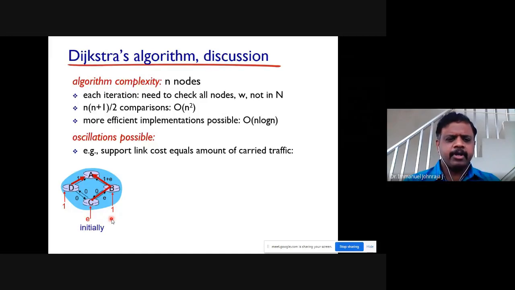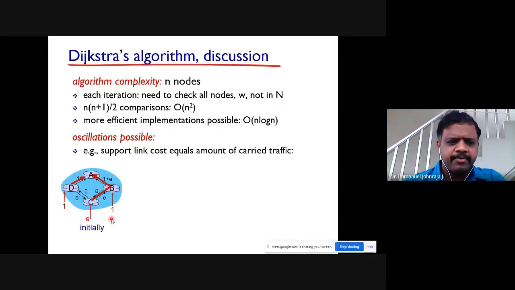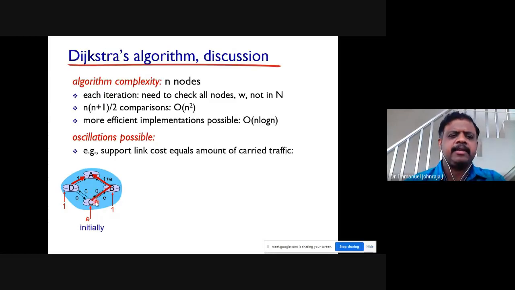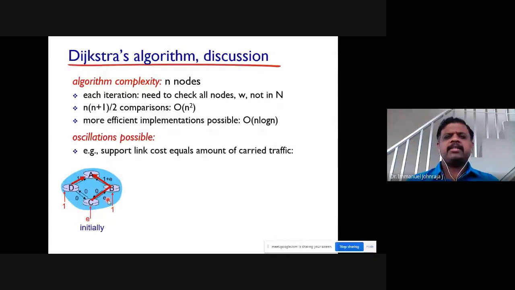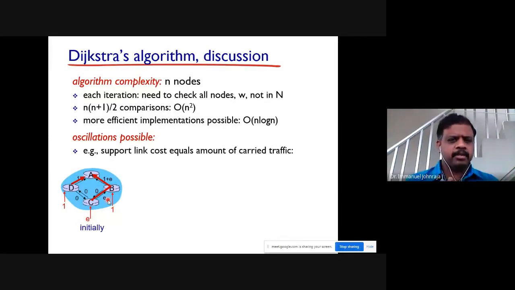All right, let me take the example of this. In this direction, the cost is zero. In this direction the cost is e. All right, which means it's not bidirectional with the same cost. Cost is different per direction. Okay, the onward direction has one cost, and the reverse direction has got another cost. Okay, this is the assumption. All right, so they are connected in a circular way.